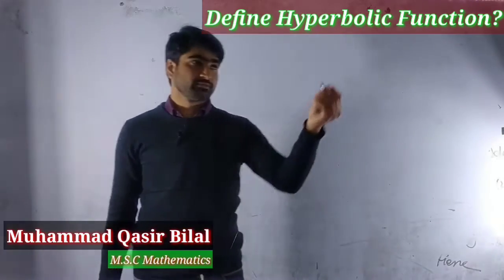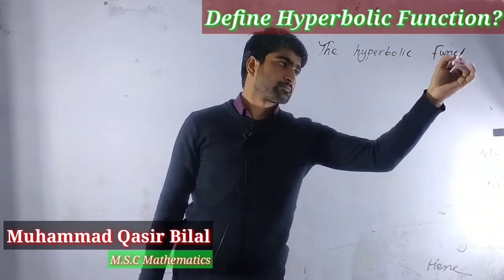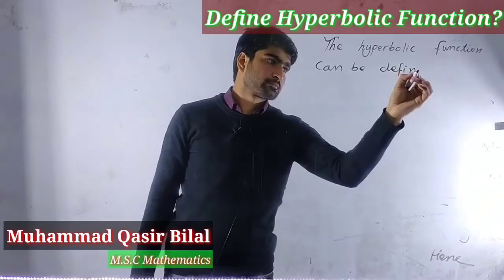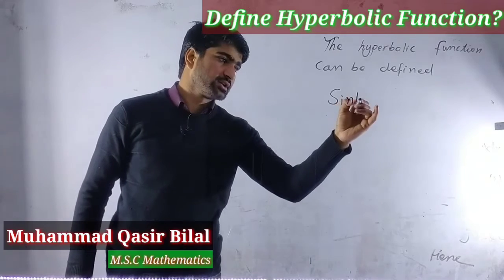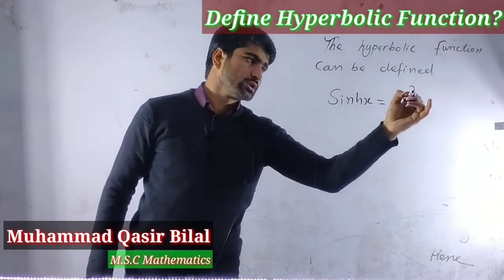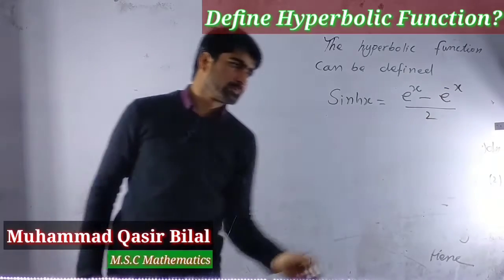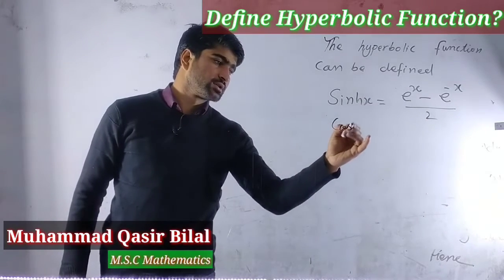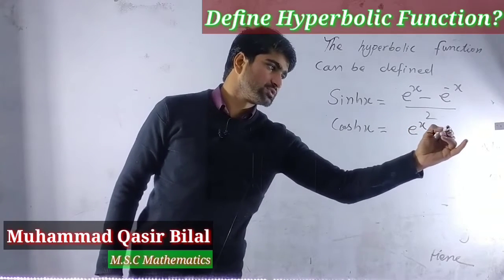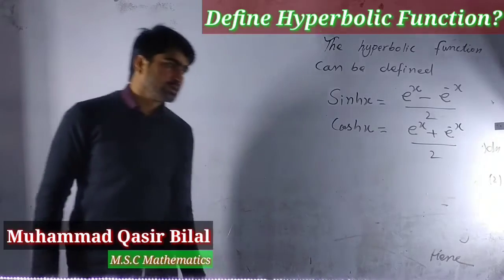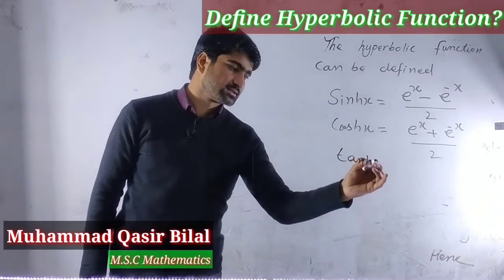The hyperbolic function can be defined as sinh x, which is equal to e raised to power x minus e raised to power minus x over 2. Similarly, cosh x is equal to e raised to power x plus e raised to power minus x over 2. And in the same way we can find tanh x, which is also equal to